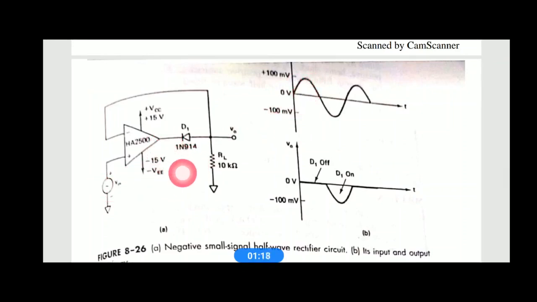When the output goes to positive saturation, we studied that diode D1 is reverse bias. Since it is reverse bias, the output remains in positive saturation till you apply the negative half cycle. When you apply the negative half cycle, the output goes from positive saturation to negative saturation. Then diode D1 becomes forward bias, and you will get an output across RL,